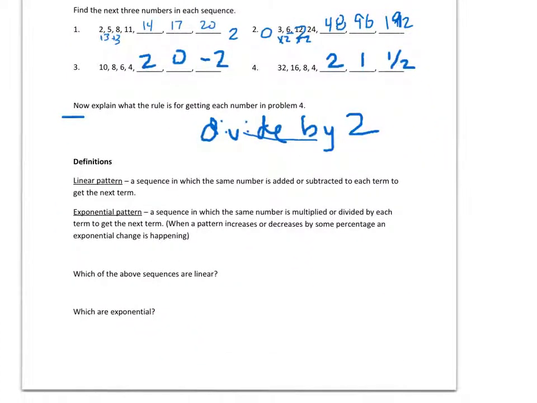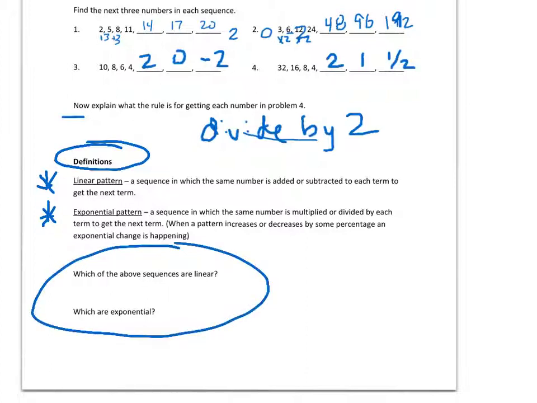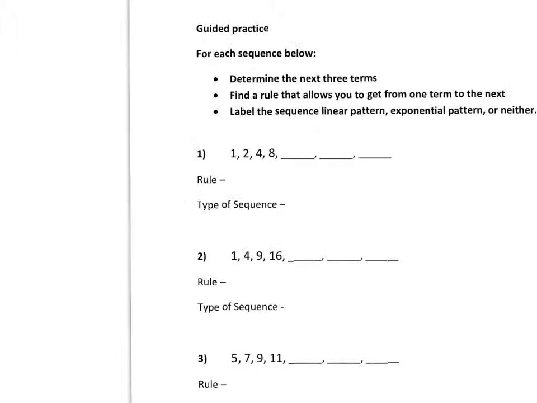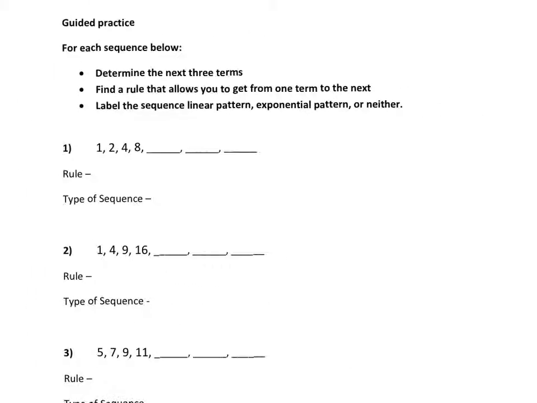Some good definitions for you right here. And I want you to take a look at those and then answer these questions here. So next page we have some directions and we're at the guided practice. For each sequence below, determine the next 3 terms. Find a rule that allows you to get from one term to the next, then label the sequence